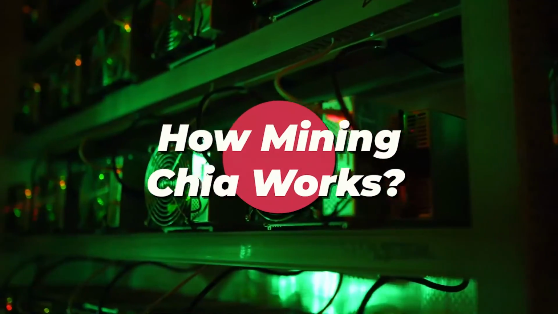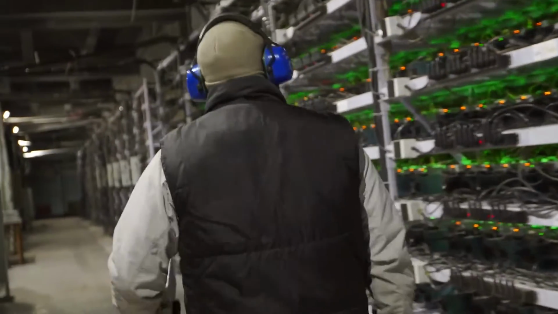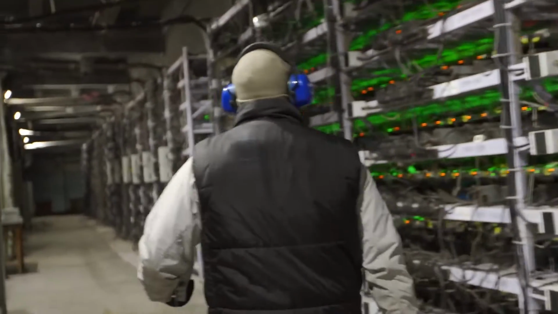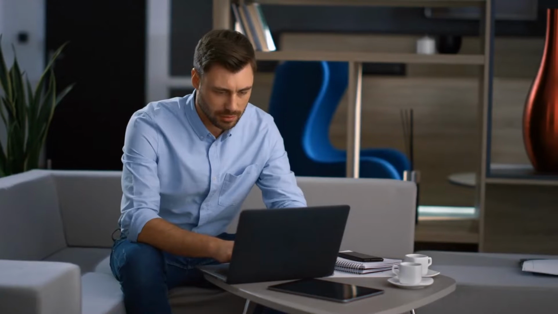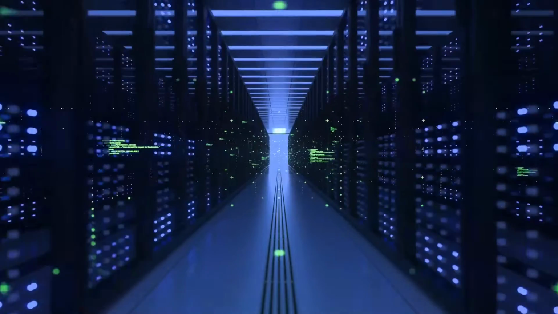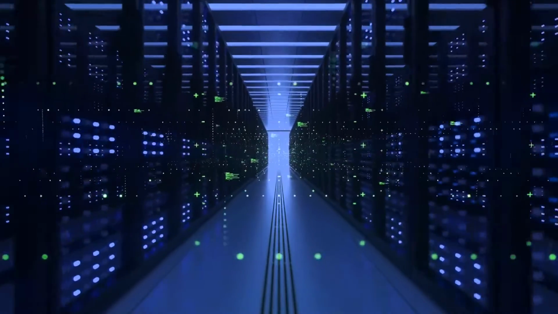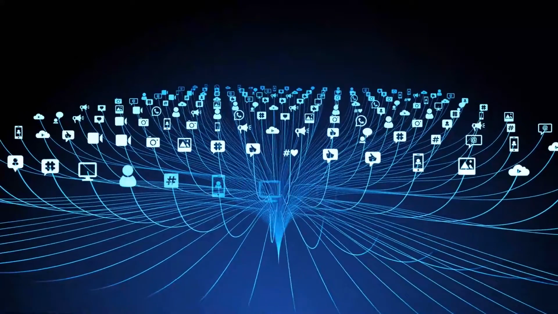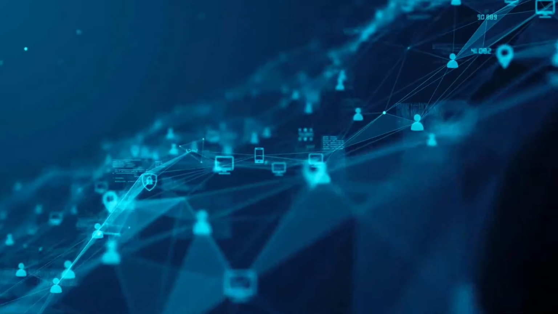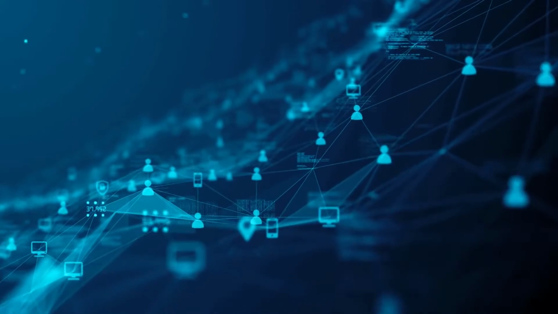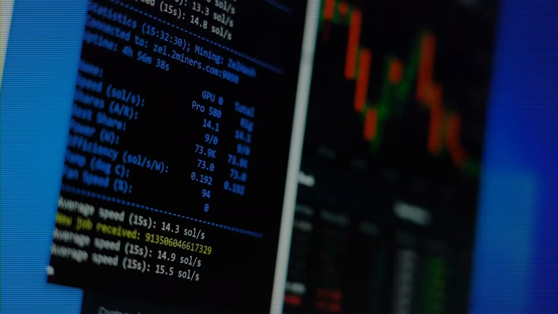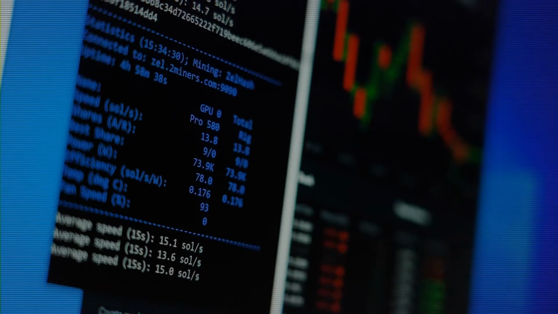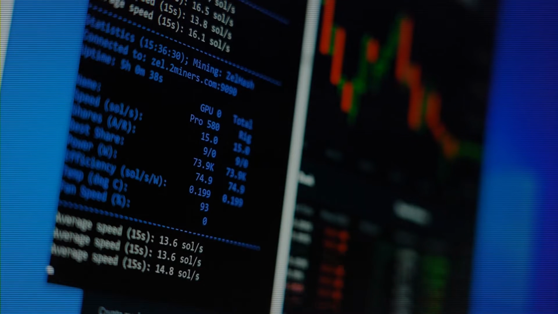How mining Chia works. Mining Chia is known as Chia farming, and it's based on the proof of space and work mechanism. To use this mechanism, you need to hold huge amounts of data. That means you need huge amounts of disk space. You then need to be able to provide the data when needed to prove that you held it. For example, there could be 1 billion terabytes of data that you're holding, and the mechanism can ask you for 100 bits held in a specific location on your hard drive. If you can fulfill this request, you will receive a reward from the network for allowing it to store data